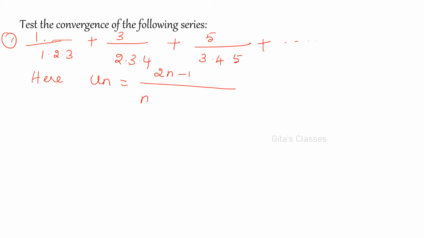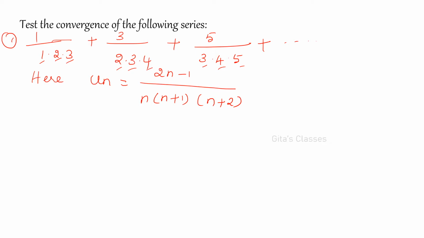See, this is the first term, so you have n, first, second, third. This is the second term, so second, third and fourth. Third term you have third, fourth, fifth. So the nth term will have n, then n plus 1, n plus 2. That's all, very simple. So this is the nth term.